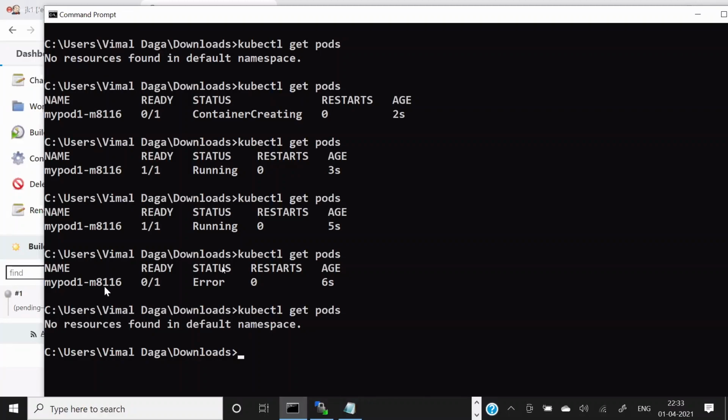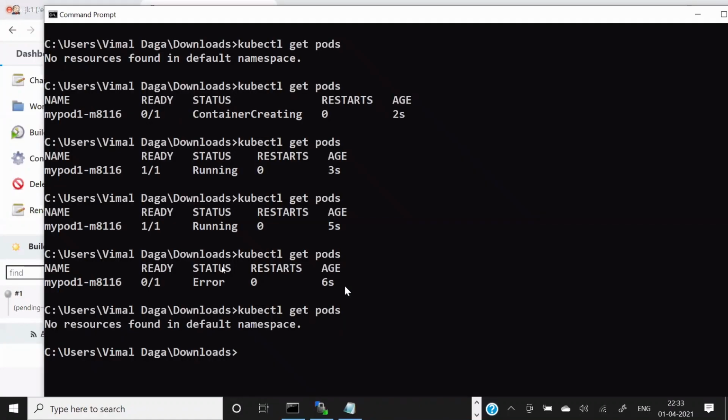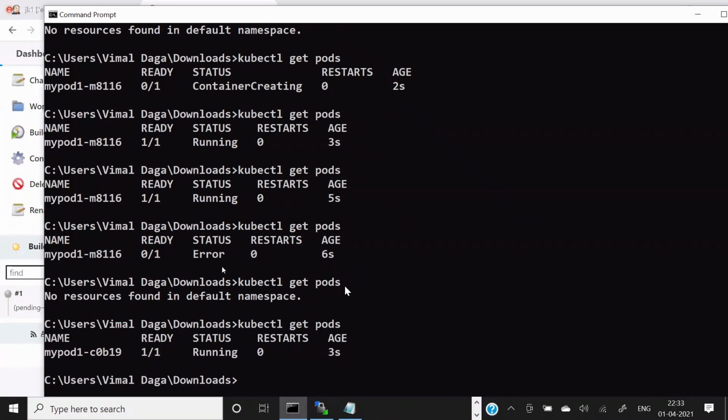Okay. What challenge do we have over here? From the Jenkins perspective, there is no easy way to see what challenge we are having here. Why does my pod keep on restarting? Actually, not restarting, they're terminating. So what challenge we have, we don't know. The only way to find out the challenge is